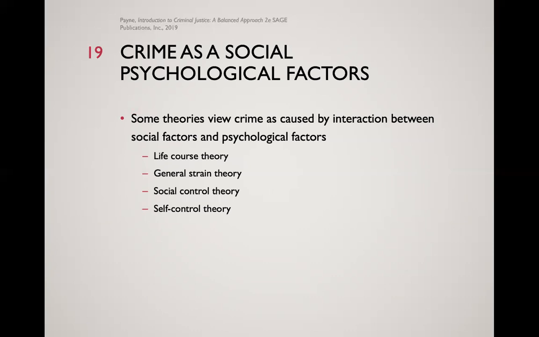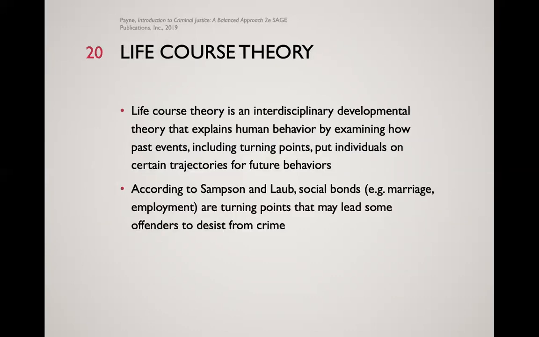So crime is a psychological factor, a social psychological factor rather. Life course theory, general strain theory, social control theory, and self-control theory are the main theories that we're going to talk about when it comes to social psychological factors. So, life course theory,